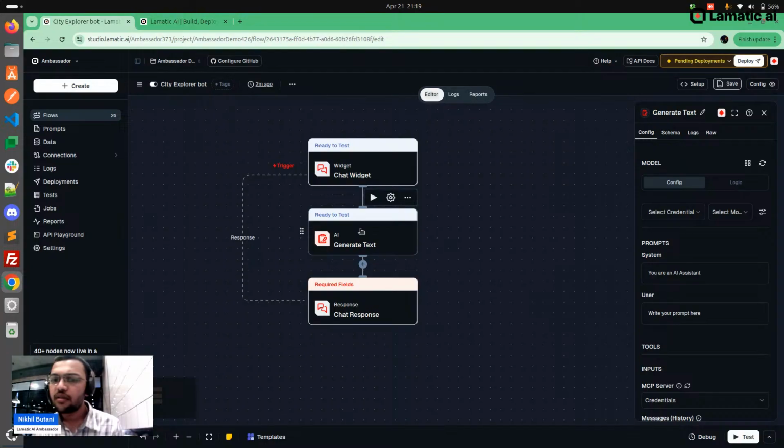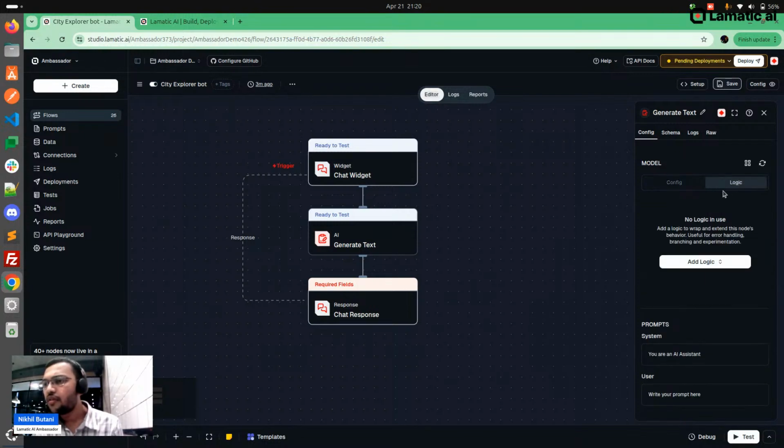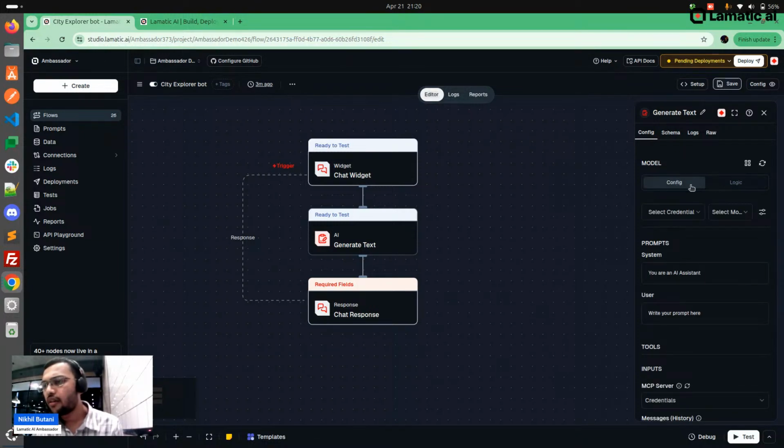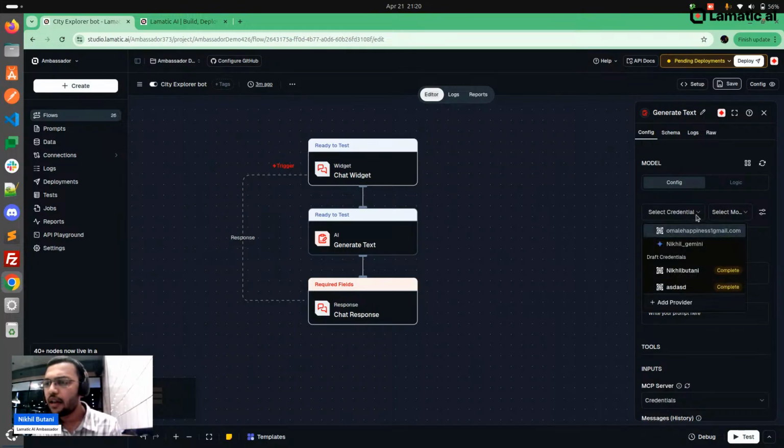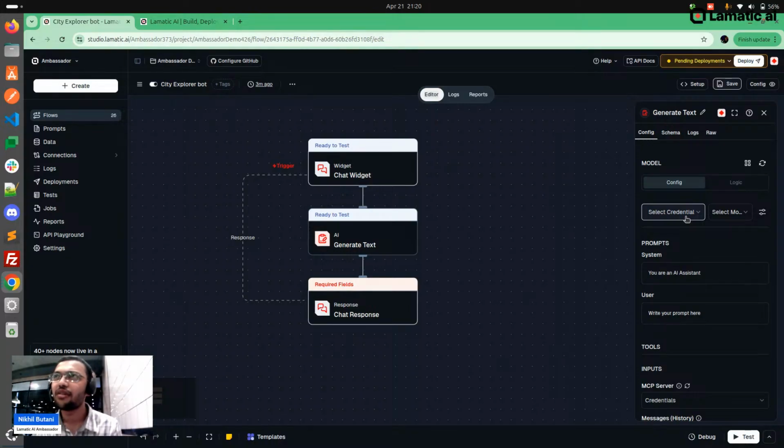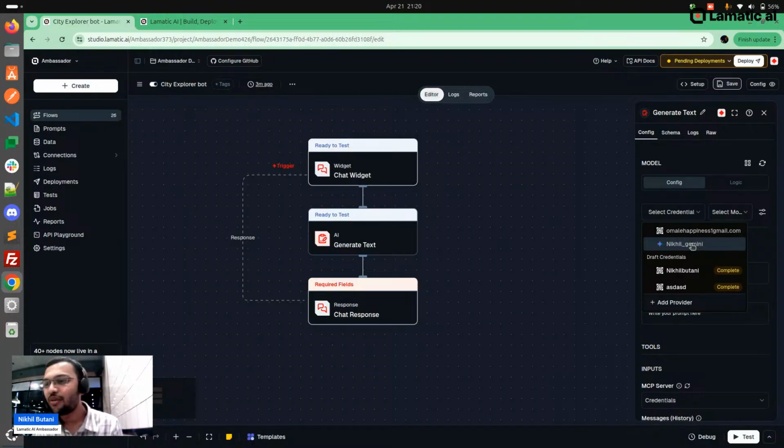Now in the generate text, you can see what exactly the config is here, right? So here are the two tabs, config and logic, right? In the config, I already took one key before the session. So yeah, obviously you need to add one.